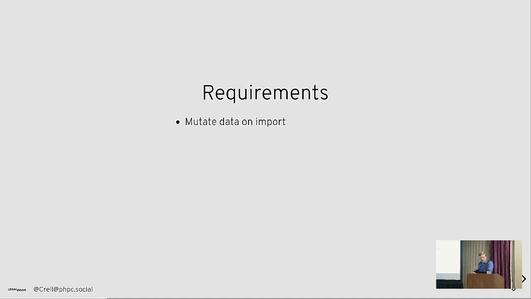So what I needed was to mutate the data on import. I needed dynamic type maps. Type maps are, if you have a property that is an interface, and there could be multiple objects of that type, okay, which object are we dealing with? Which object type are we dealing with? That's type maps. Some systems call them class discriminators, same thing. We had cases where we had a string that was comma-separated values that was then used in the system as a string of comma-separated values, and everywhere that used it had to explode it itself. Yikes. And of course, it had to be fast.